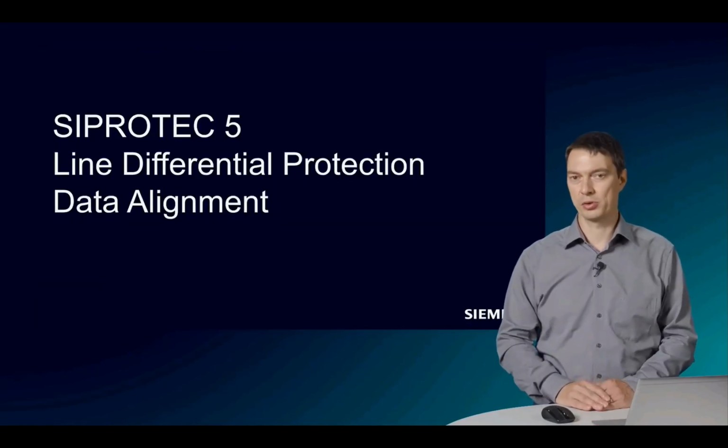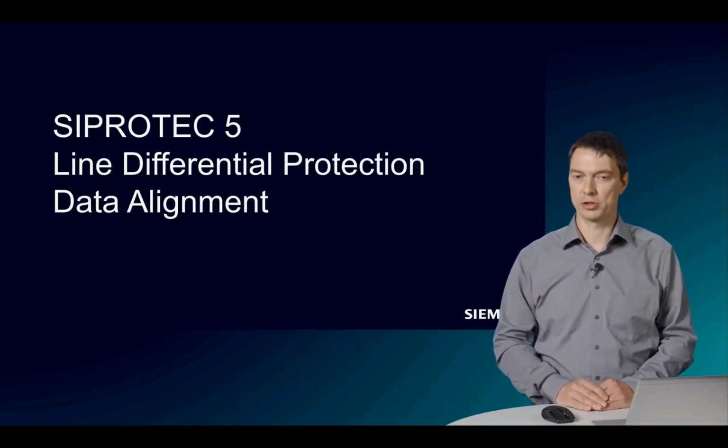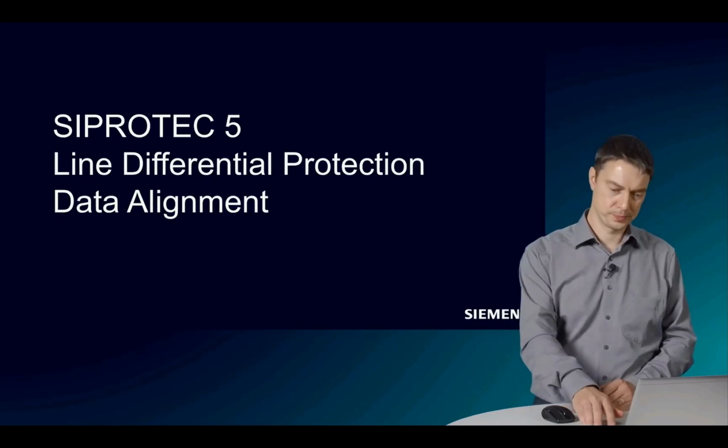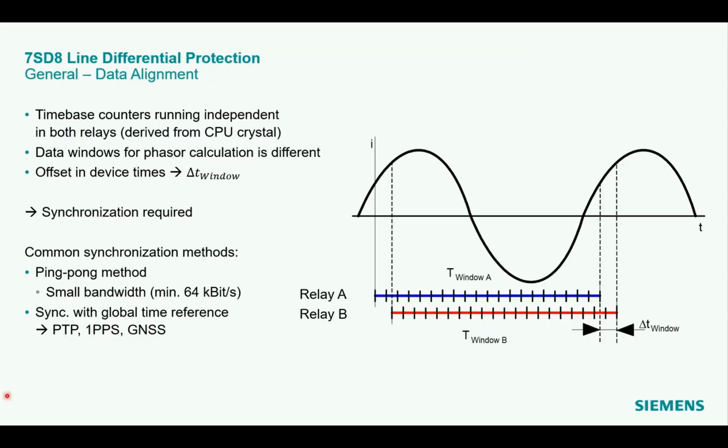Let's have a closer look at the data alignment for current differential protection. Consider a waveform in the time domain as shown in this figure. As mentioned, the sampling of the current waveform occurs asynchronous in both relays A and B. The time-based counters run independent and are derived from the CPU crystal frequency. The data window with 20 samples used to estimate the current phasors